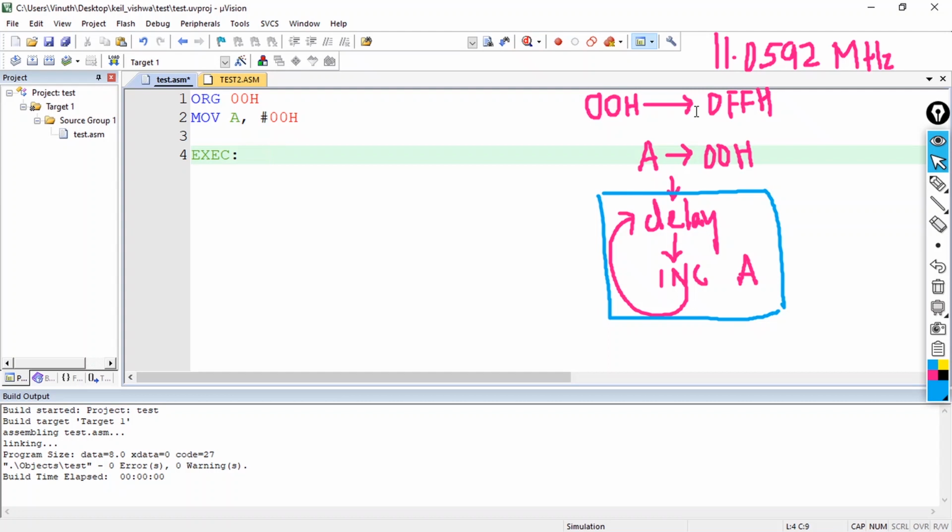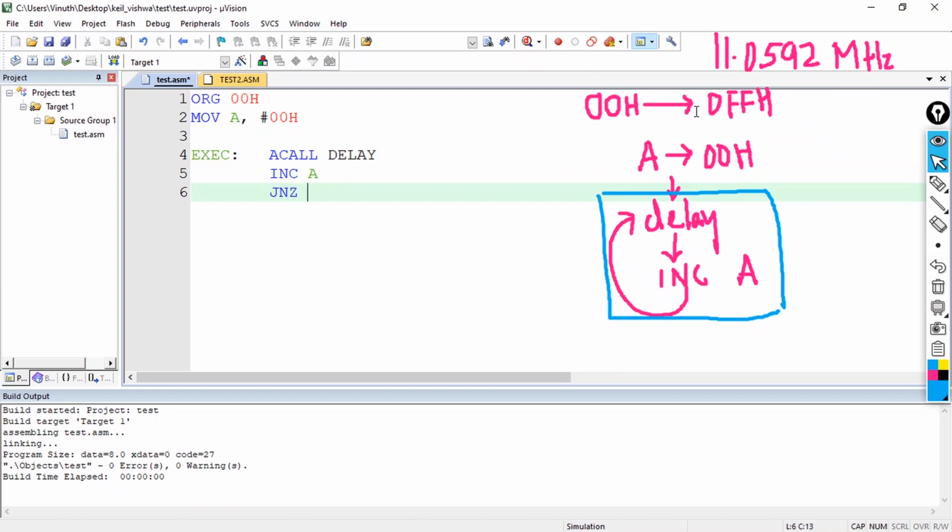Let me call my delay program. I'll be using absolute call, ACALL delay. Once the delay is done, I need to increment my A, so I'll be using the increment instruction, INC A. Till what time does this loop have to be executed?